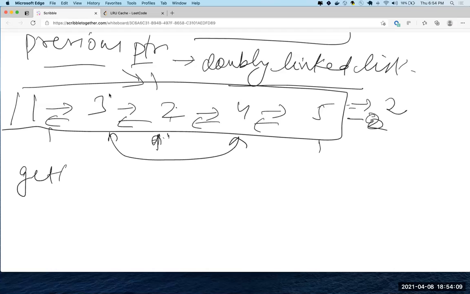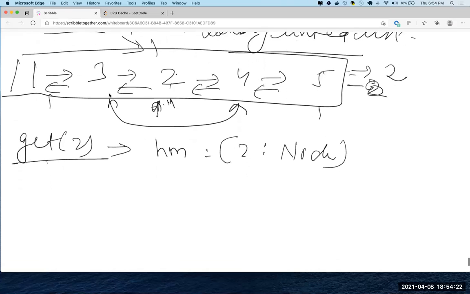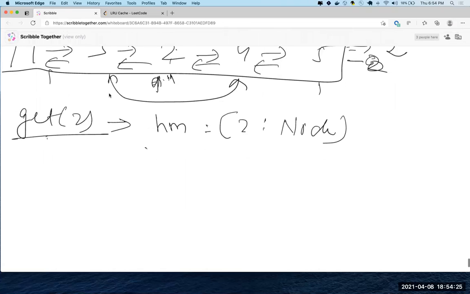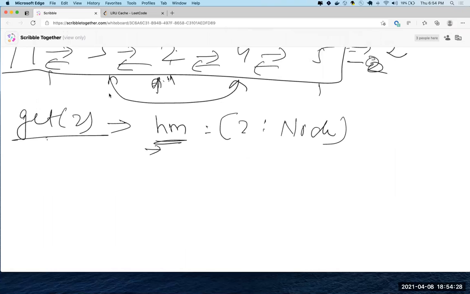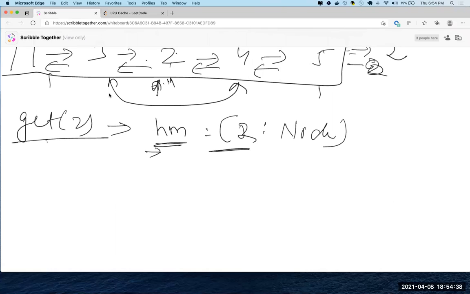Now let's say you do a get of 2. You need to move this to the end. Now what Padmaja said is, to find out where 2 is, she is going to use a hash map which says where the pointer to 2 is. As she is getting new elements, she's putting them into two hash maps. One is the cache that you're maintaining, and the other is where that node is in the linked list. As soon as she gets 2, she'll go there, figure out what is before 2 and what is after, connect these two, and move 2 to the end.